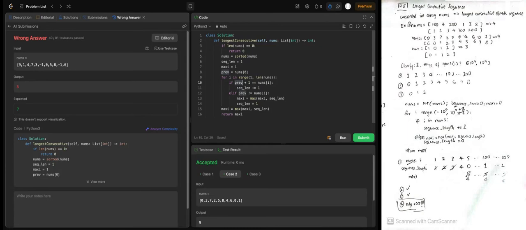So how do we solve this? I think we still need to keep the prev. If we see it is not increasing, as in 0, 0,